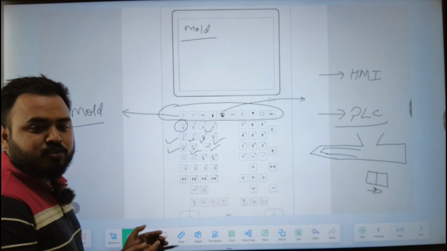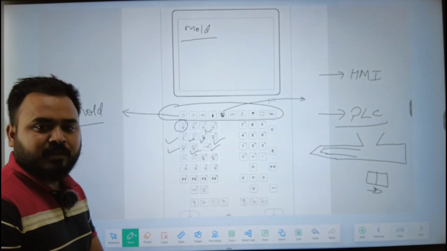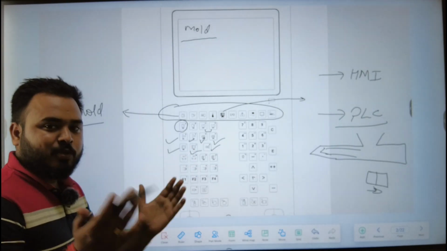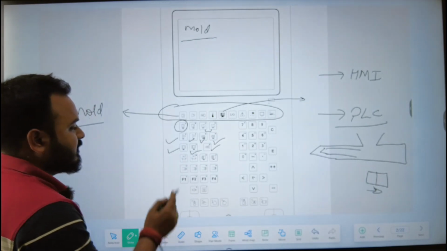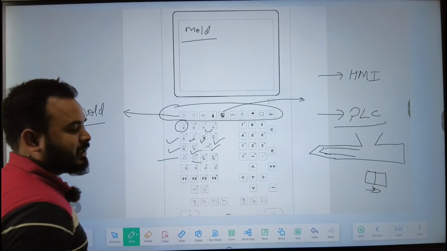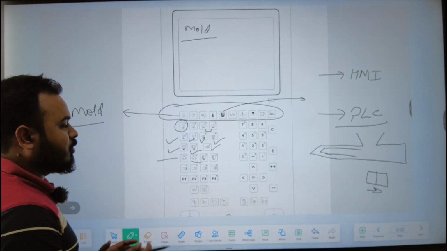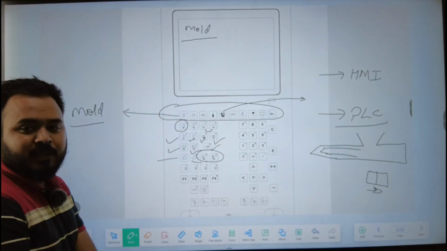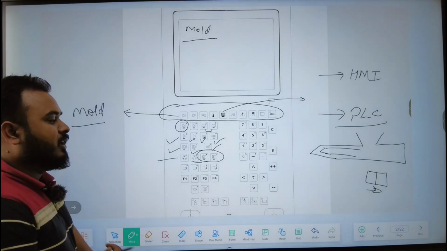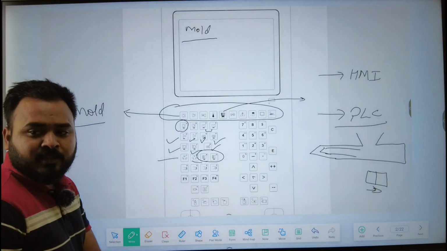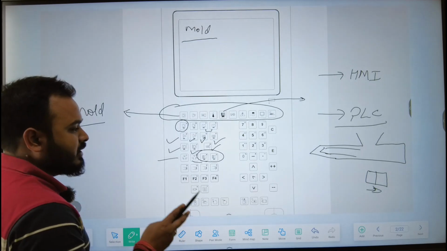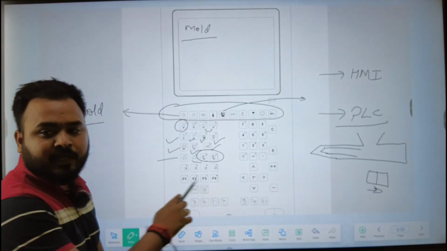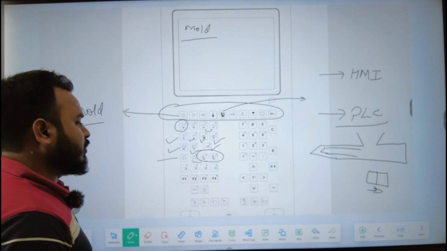When you are going to dose your material manually, just by pressing this particular button, you can dose it out. Next, these buttons are for core settings, core in and core out. This is for the pneumatic door system, which will be on machines that have a capacity of more than 450 tons or bigger. When you want to open the door automatically, you can use this particular function.